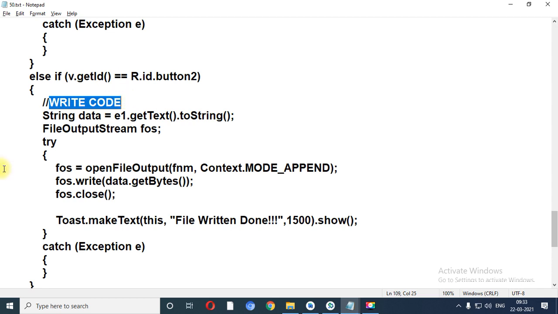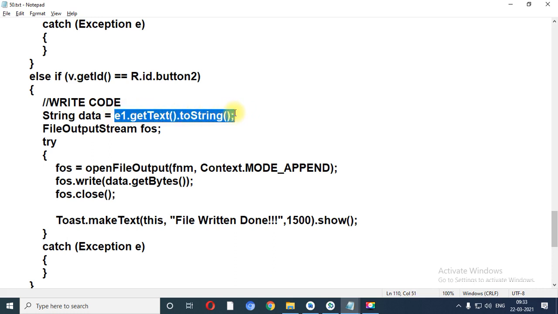So we have taken a string variable called data, e1.getText().toString(). That means whatever data I have inserted in the edit text is copied into the local string variable data. Suppose I have written hello tybca. So that data is copied into this particular data variable.